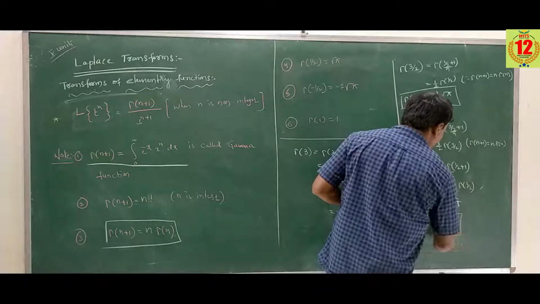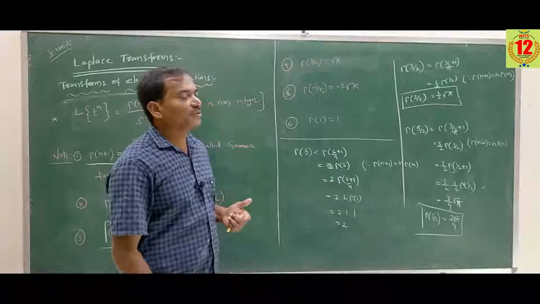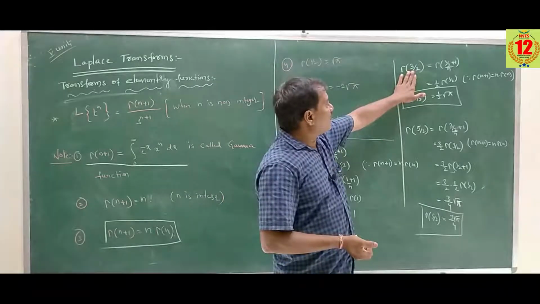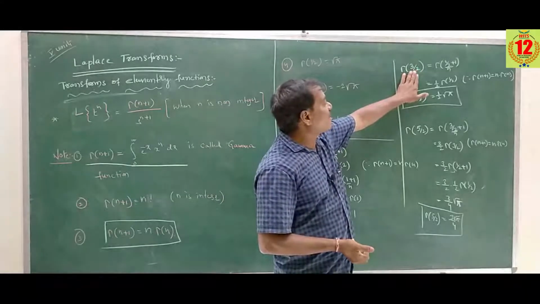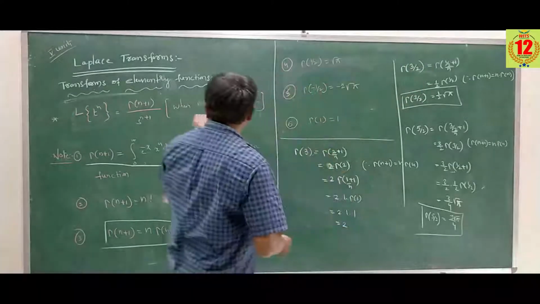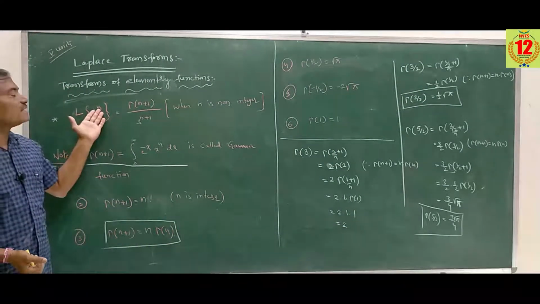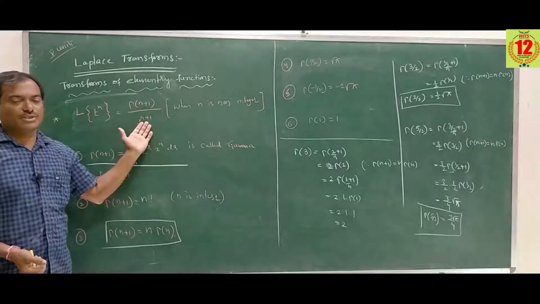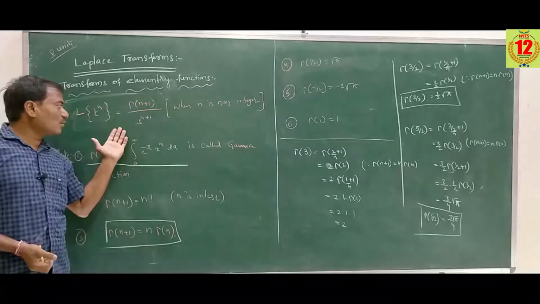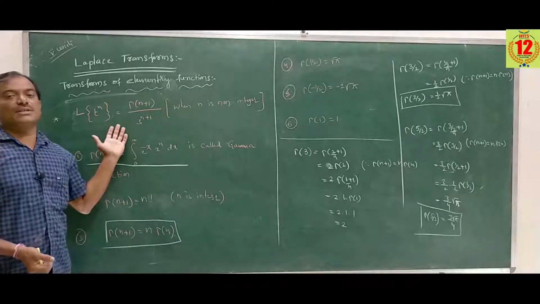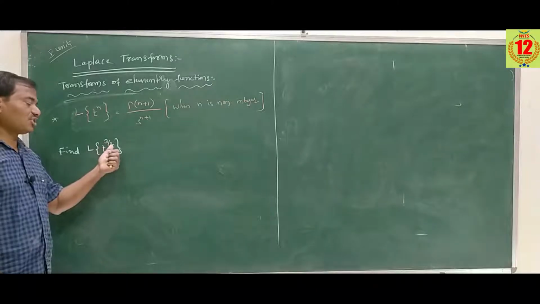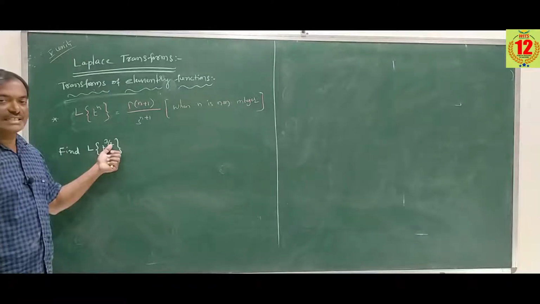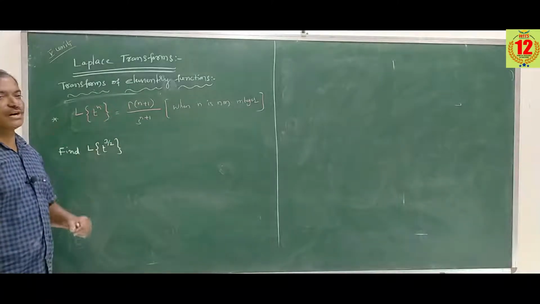This is the process of finding gamma of fraction values. So here, this is important for finding these kinds of values. Why? Because here n is non-integer. When n is integer, directly we use n factorial by s power n plus 1. So this formula is only for when n is non-integer. Laplace transform of t power 3 by 2. So here what is n? n equal to 3 by 2. It is non-integer. So therefore we use this formula.